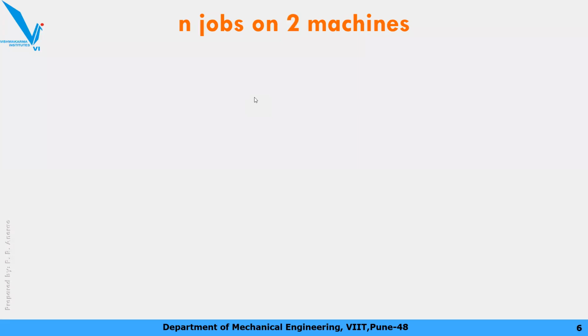Okay, and how is the sequence? Machine one first, after that machine two. That is the technological order. It is given that first the work should be done on machine one, only after that you can work on machine two. So instead of theoretically explaining the procedure, I'll directly open up one of the examples, and let's see how we process this example, how we solve this example.